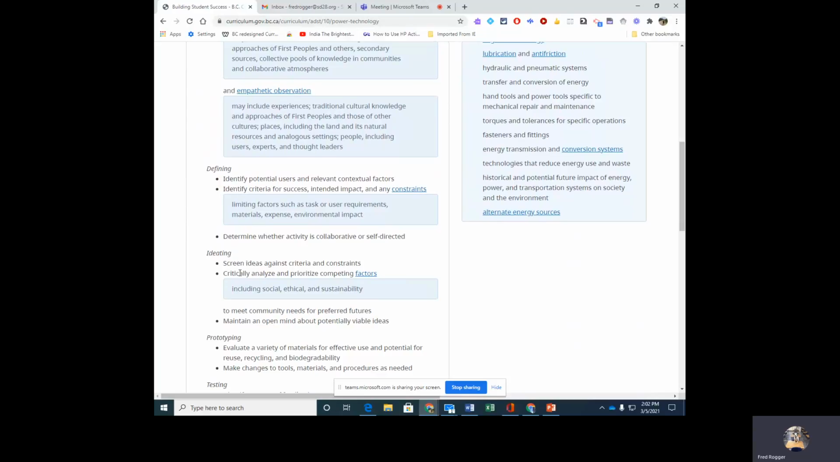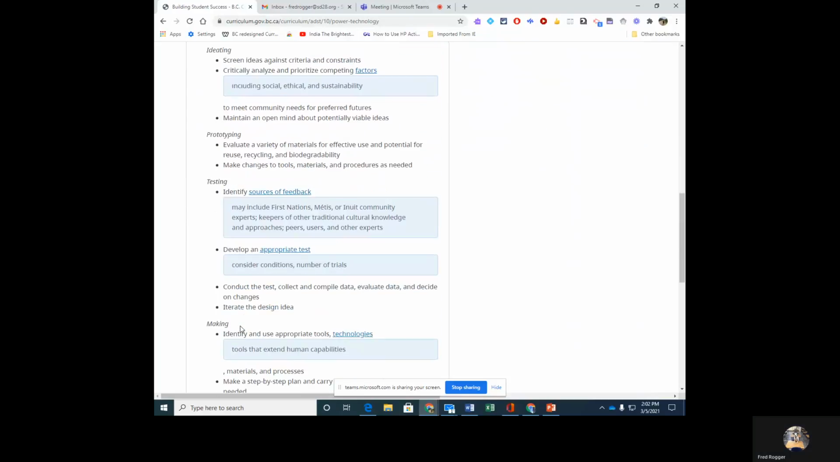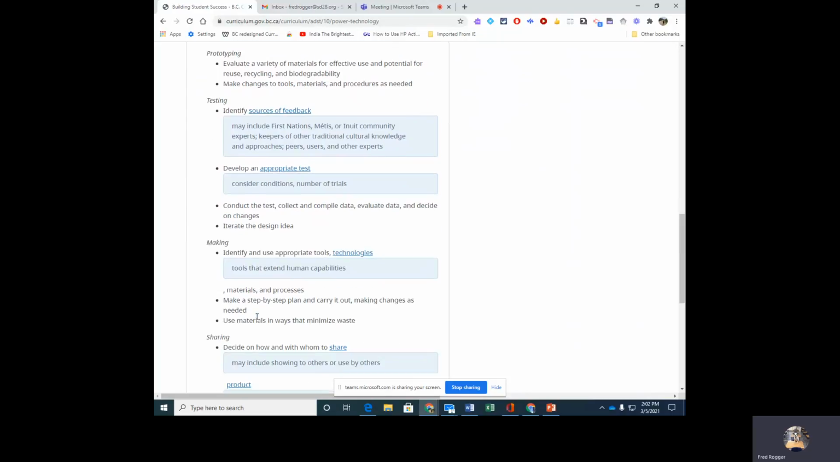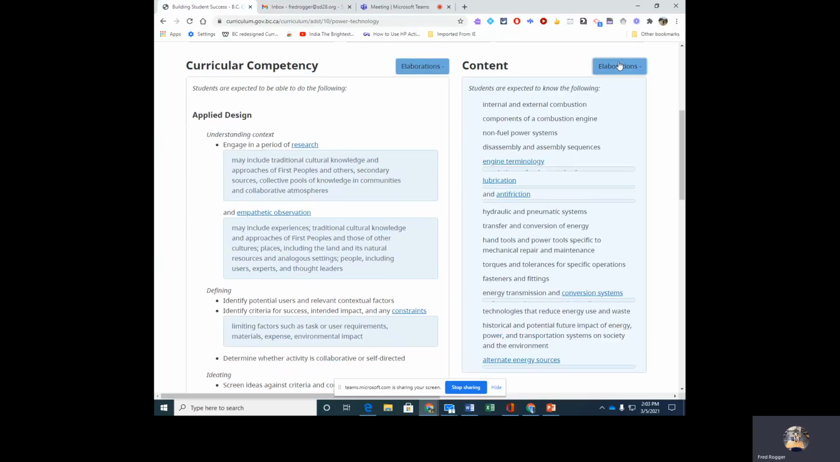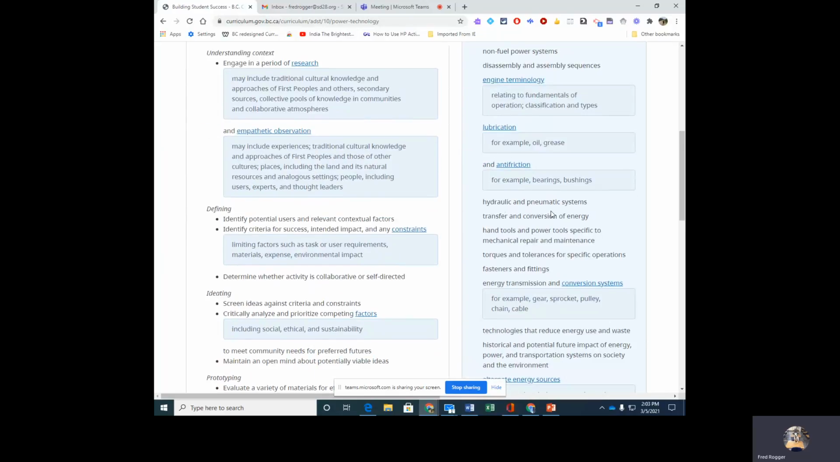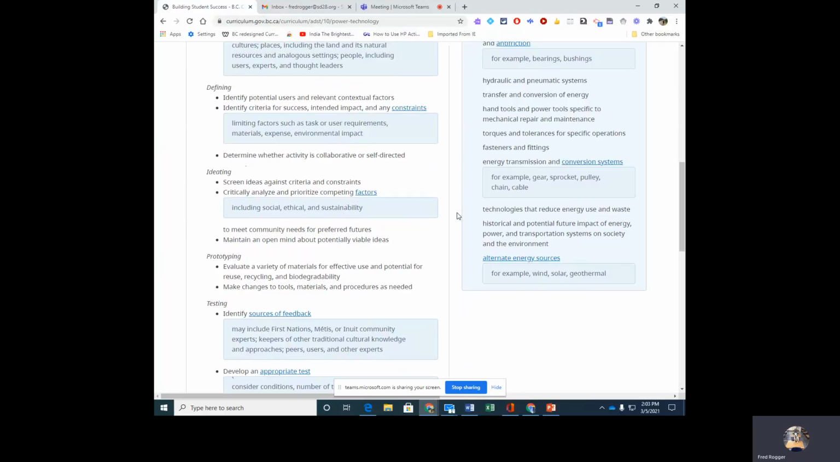Identify, screen, critically analyze, evaluate, identify, develop, iterate, conduct. These are higher level thinking processes. And here is the content on the right side. And for a lot of older teachers,